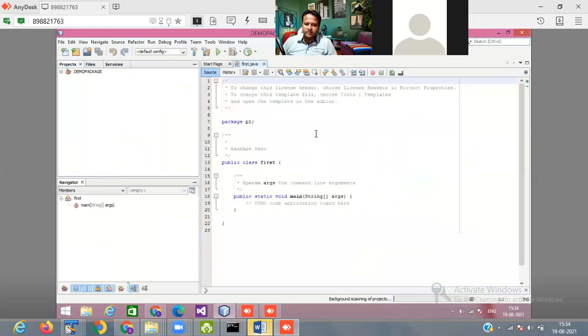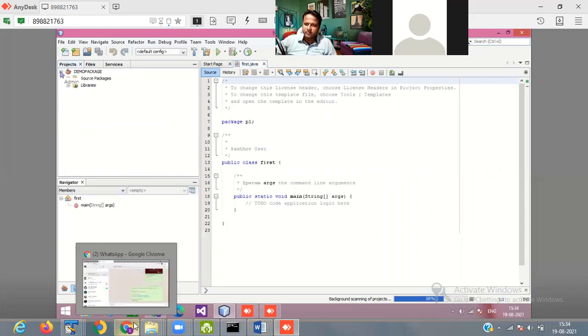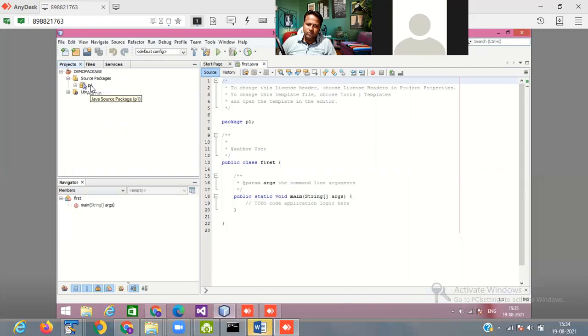Now see there. Here it is a class. So in the source package, P1 is a folder name.